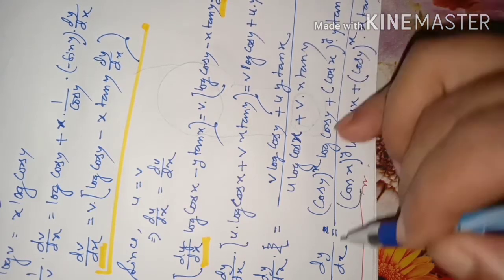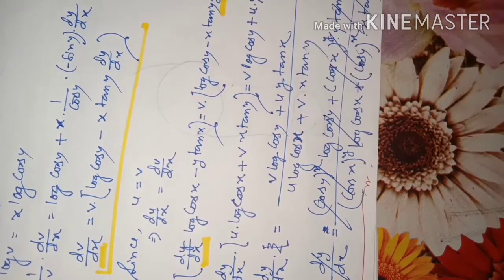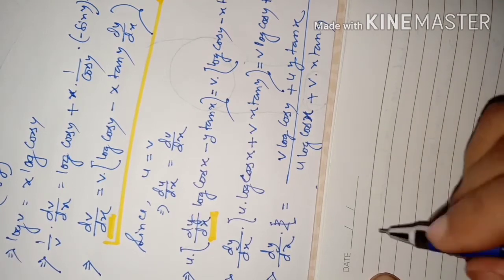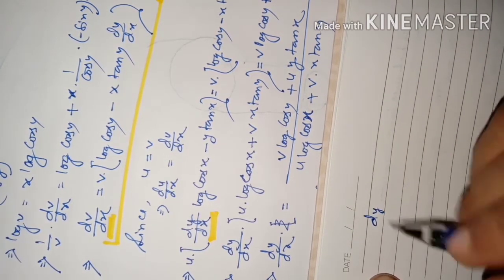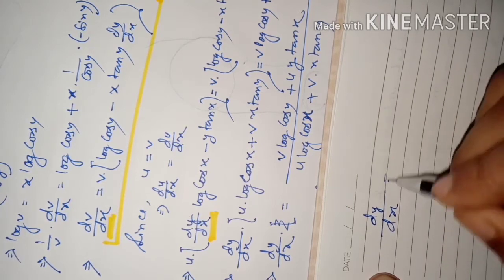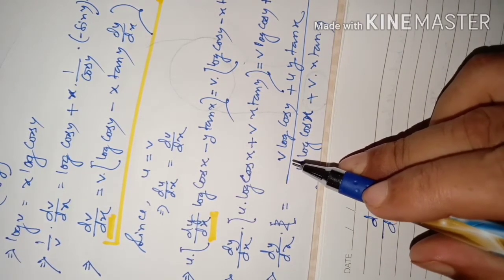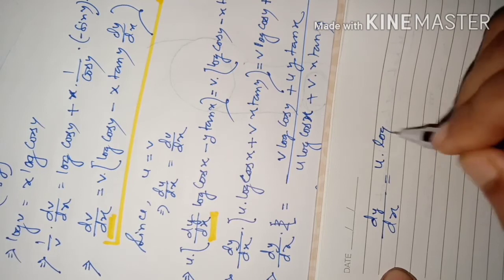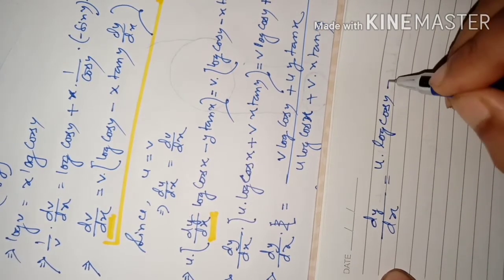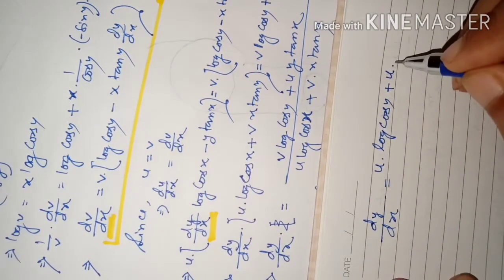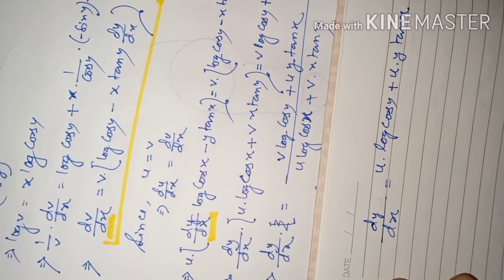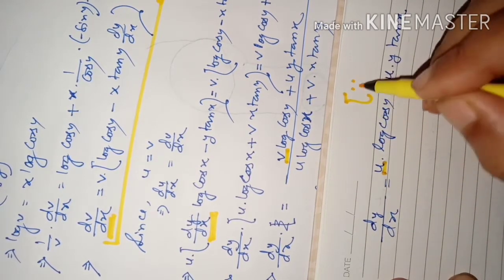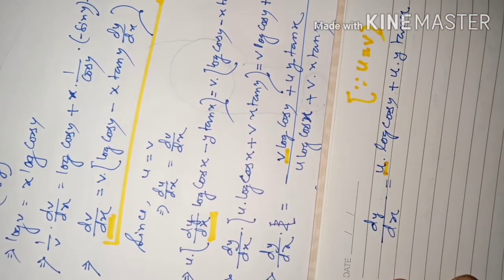If you don't write this also, okay, let me write that line, another line for this. You can keep the final line this also, students. This is correct. What I have cancelled, that you don't require to cancel, you can keep it as it is, no problem. But this u and v both are equal, no? U equal to v. So here also I can write u into log cos y plus again u as u only, u into y tan x. So this v is, now this v is written as u, since u is equal to v, both the functions are equal.